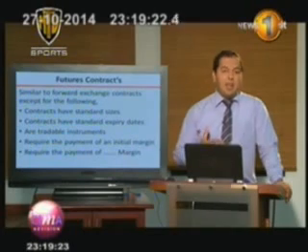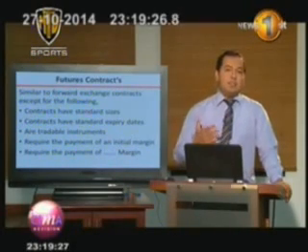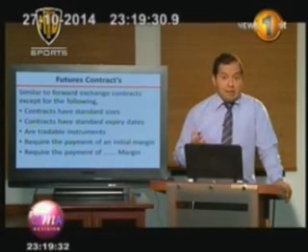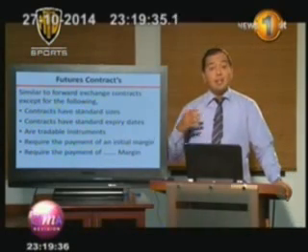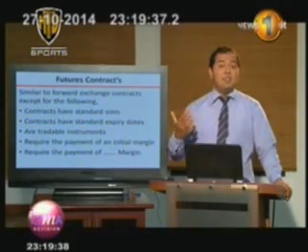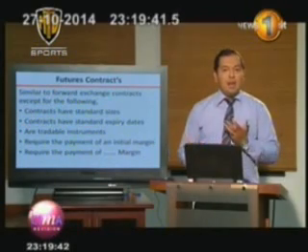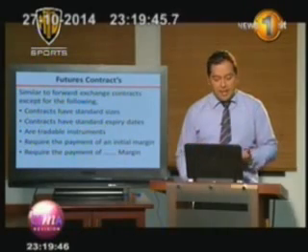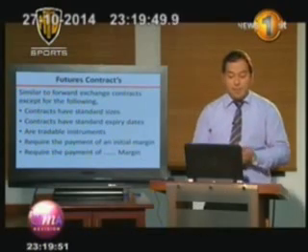What does that mean? You enter into a contract on the 1st of January, and it's likely to expire on the 31st of March. Likewise, the next expiry dates on a futures contract would be the 31st of July, 31st of September, and 31st of December, and so on. These are also tradable instruments. You could purchase them off the futures exchange. So that is the basic characteristics of a futures contract.